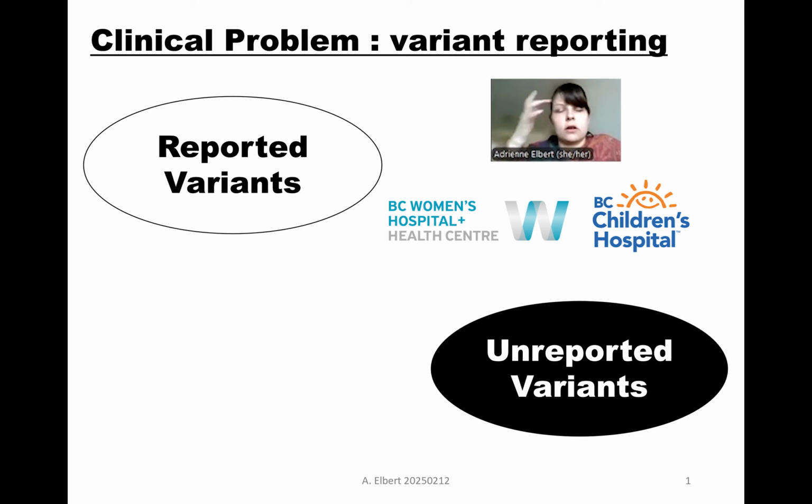What kind of started us on this study, this journey with our colleagues at Virtual Geneticist is really this clinical problem that we had where we would have a patient where we were certain they have some sort of genetic syndrome based on their phenotype, but the report would come back negative. And we'd always be stumped, how can this be? Is it possible that there is some number of patients where this is a false negative in fact due to some sort of analytical pipeline issue or human thinking errors that lead to the diagnostic variant or variants not being reported? And so you just have this report and it's negative, and that was sort of the